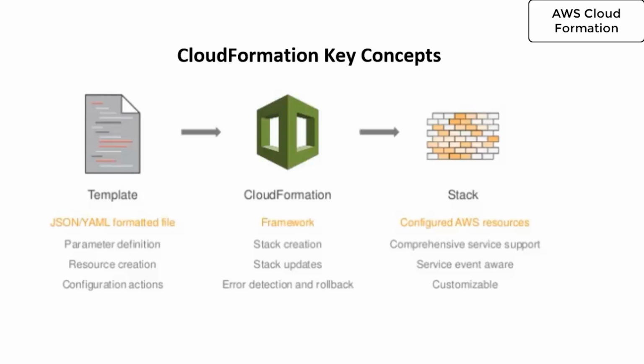So there are some other things also. You can visualize and edit with a drag and drop interface. That means you can use AWS CloudFormation Designer, which provides a visual diagram of your template with icons representing your AWS resources and arrows showing their relationships. So you can build and edit templates using the drag and drop interface, then edit the template details using the integrated JSON text editor. So CloudFormation Designer allows you to spend more time designing your AWS infrastructure and less time